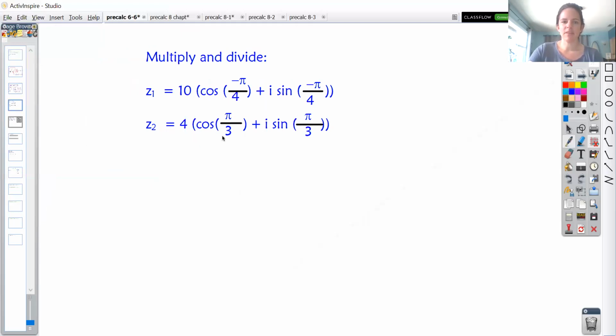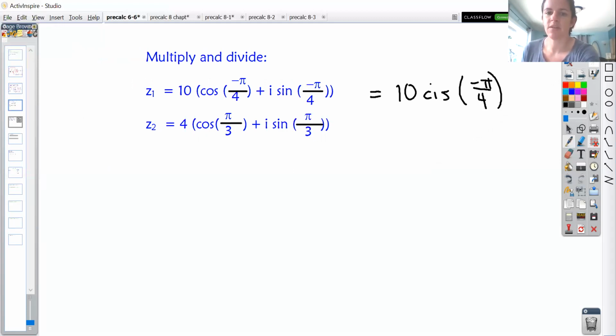The numbers here, Z1 and Z2, are written out, they're not in the abbreviated form. The textbook I don't think uses the abbreviated form, so I wanted to show you what you're going to be used to seeing. You are welcome to just simply write that as 10 cis negative pi fourths. And you can go ahead and write Z2 if you want as 4 cis